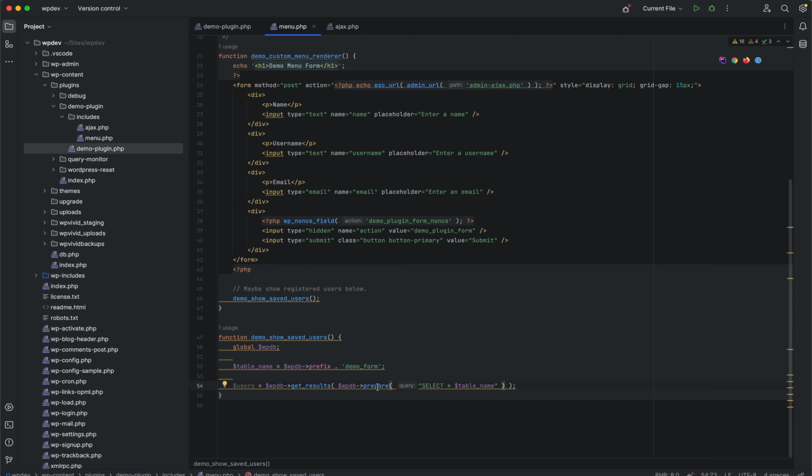It takes two parameters, the second one being the placeholders. You can use a placeholder here, and how you use a placeholder is the same as you use it in the sprintf function or vsprintf in PHP. So I'm going to use %1$s because